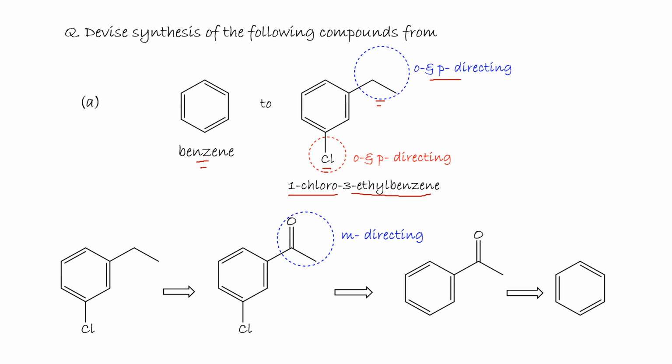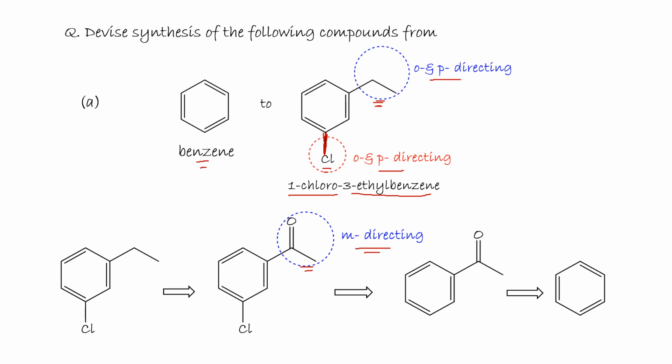The chloro also ortho-para directing group, right? Well, they are meta. So the chlorine Cl here, we can't replace it by any other group. But this one, we can replace it by the acetyl group,